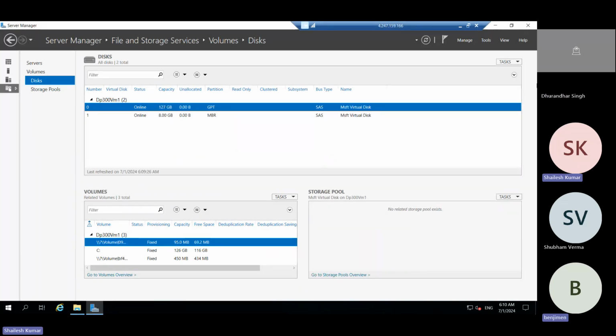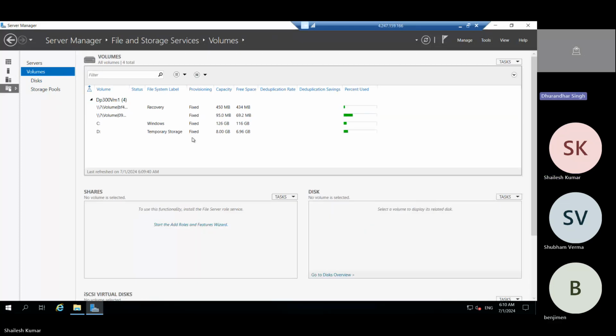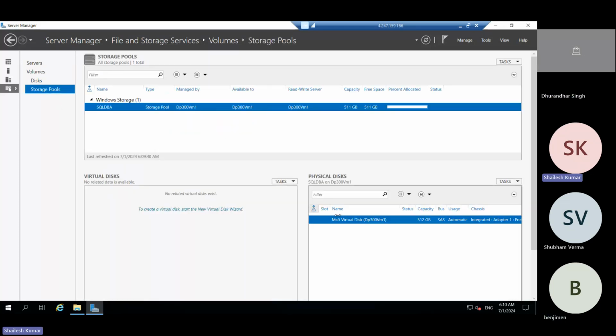Not able to see this tab. This template is Windows. Where is this pool?